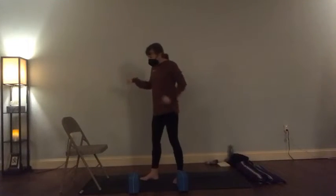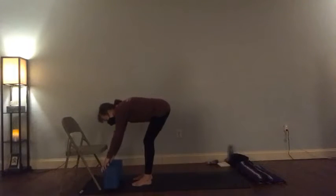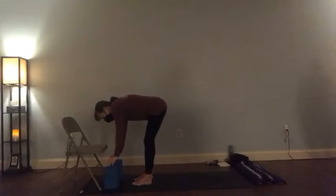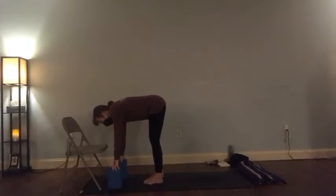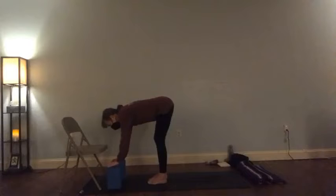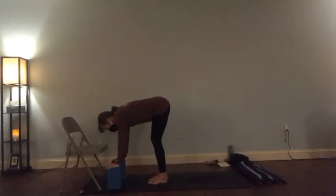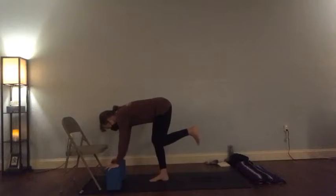And let's come into either chair, still faced this way. Your hands can again come either to the seat of your chair or to your block's highest height. And we're going to bring our feet underneath our hips and let your feet get really pretty close together. Maybe not quite touching, because think about what's going to happen when you bring your right foot off the floor and you put all your weight onto your left foot, right? So if you get that foot up like that, and you just bend your knees and you do that and it doesn't feel right, just put your foot back down,